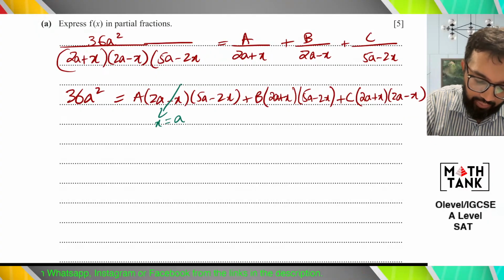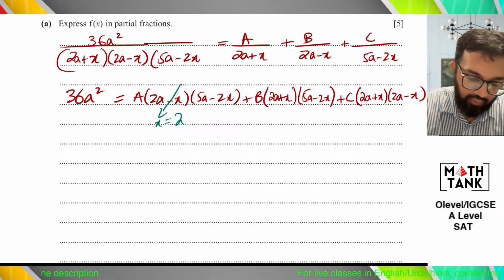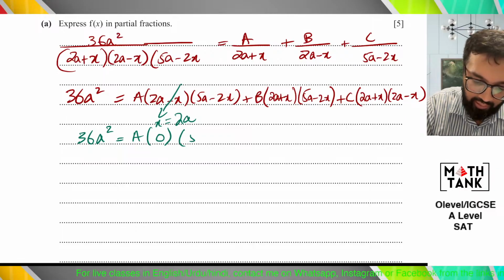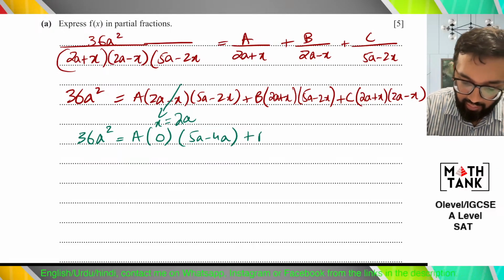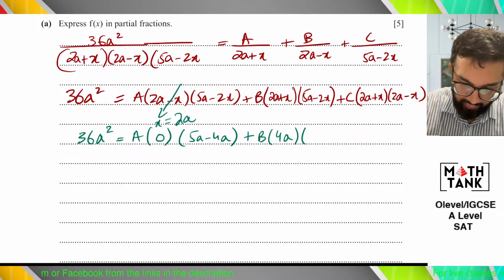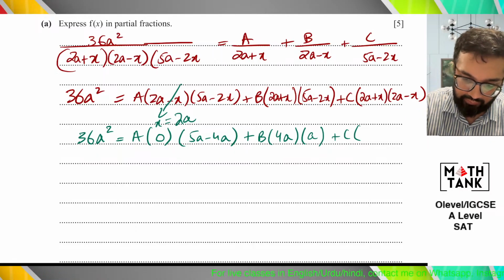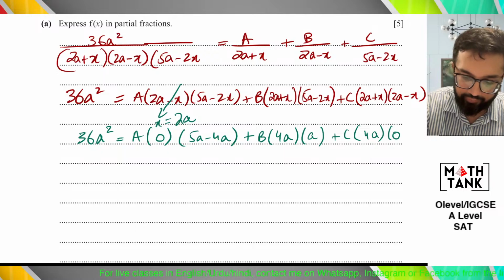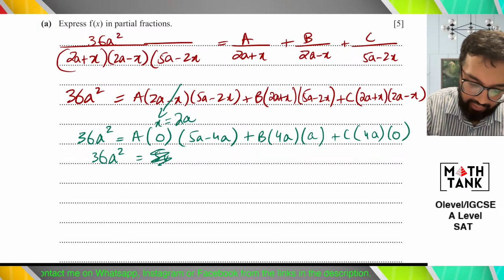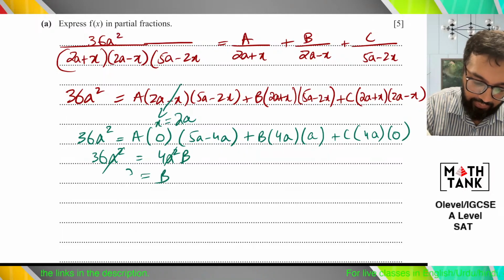Cover up method में पहले x की वैल्यू 2a ले लेंगे। ओके, x equals to 2a ले लेंगे, 36a square equals to a, ये 0 बन जाएगा, ये 5a माइनस 4a बन जाएगा, ये 4a बन जाएगा, ये 5a माइनस 4a a बन जाएगा, और ये भी 0 बन जाएगा, 4a इंटू 0। तो 36a स्क्वायर इक्वल्स टू 4a स्क्वायर भी, तो B इज इक्वल्स टू 9।